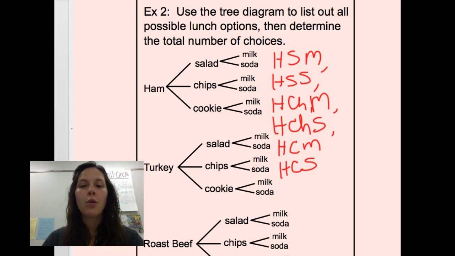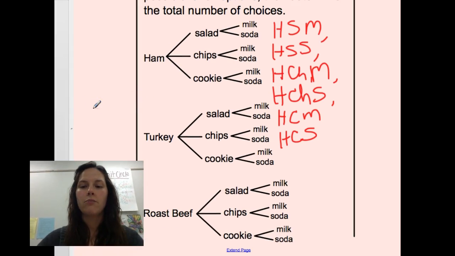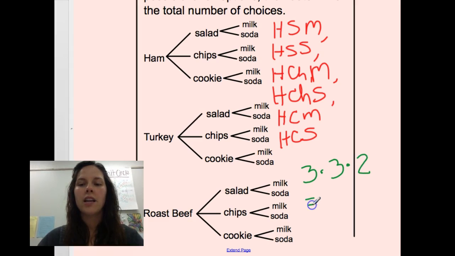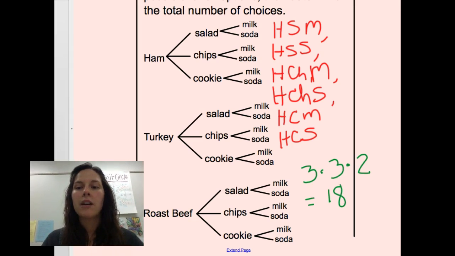So to determine our total number of choices, what we're going to do is multiply, because as you can see, off of each of our main sandwich option, we have 3 branches for the side dishes. Off of each side dish, we have 2 branches for our beverage option. So we take our 3 sandwich choices times our 3 side options times our 2 beverage options, and that gives us a total of 18 different lunch combinations. And we could also count that real quickly just by counting down this last branch, 1, 2, 3, 4, 5,